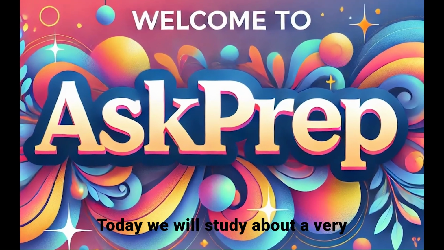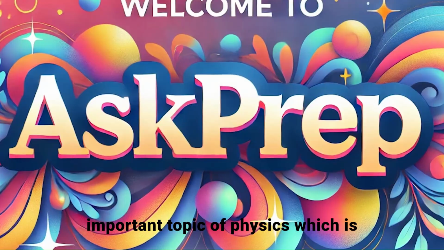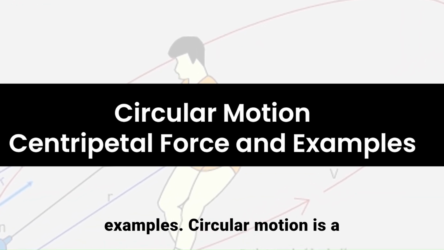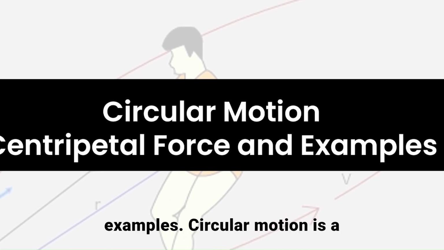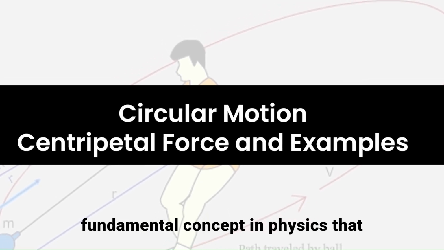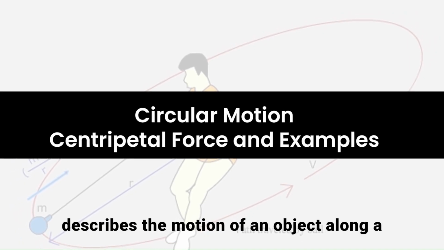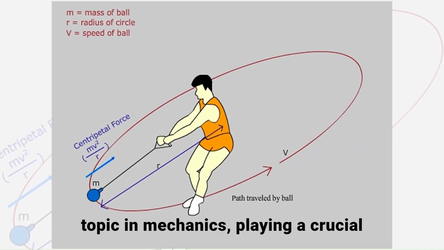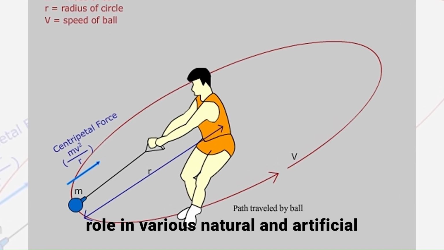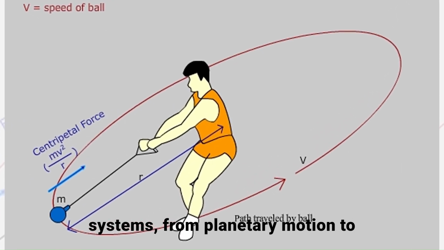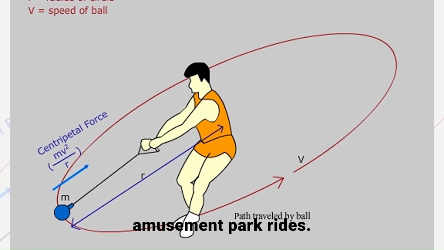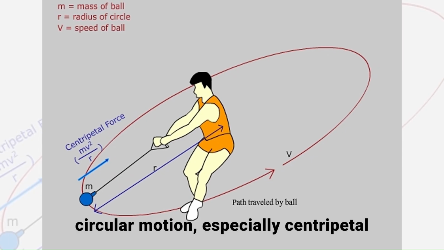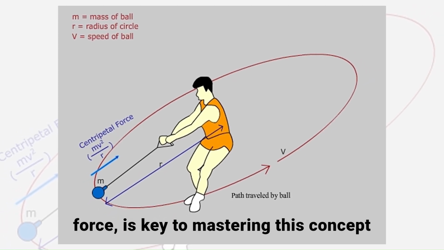Today we will study a very important topic of physics, which is circular motion, centripetal force and examples. Circular motion is a fundamental concept in physics that describes the motion of an object along a circular path. It is an essential topic in mechanics, playing a crucial role in various natural and artificial systems, from planetary motion to amusement park rides. Understanding the forces involved in circular motion, especially centripetal force, is key to mastering this concept